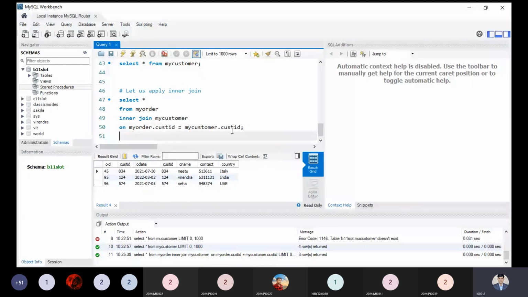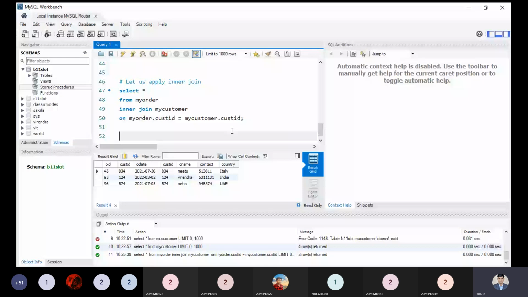So if you remember my point, this is a simple example of the equijoin. Instead of the equal, if I apply any other condition over here, then that will be considered a theta join. In the theta join, we have to write a condition other than equality. The equijoin is more popular in the inner join while solving problems.